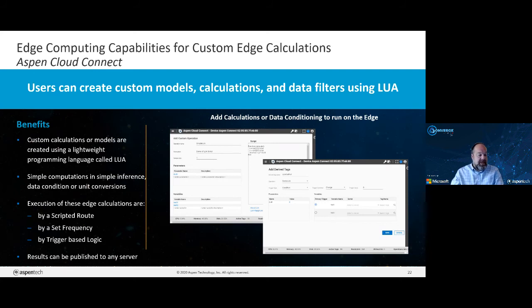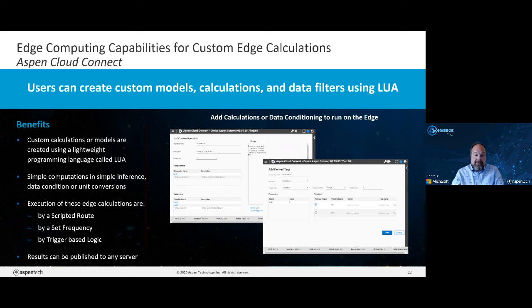There are all types of execution capabilities here, whether it's in what we call a route as part of a standard transfer, whether we trigger these things by frequency, or we just set it up to use some type of trigger logic to execute an edge-type algorithm that can help with calculations or data conditioning